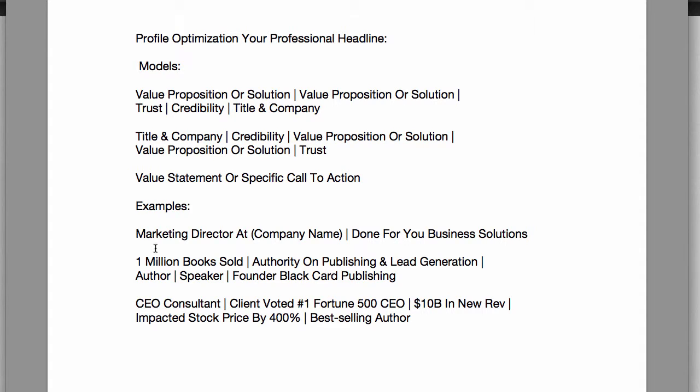So here are some examples. Marketing director at, you name your company, Done For You Business Solutions. 1 million books sold, authority on publishing and lead generation, author, speaker, founder, Black Card Publishing. You could say founder at Black Card Publishing. Or a CEO consultant. Client voted #1 Fortune 500 CEO, 10 billion in new revenue, impacted stock price by 400%,